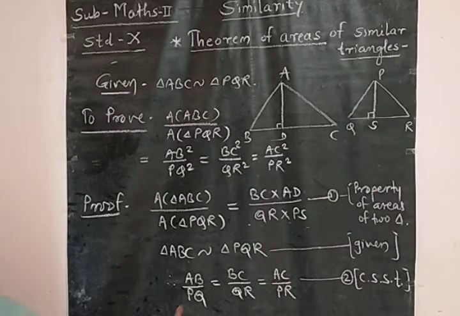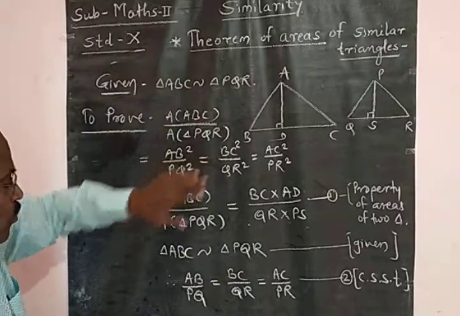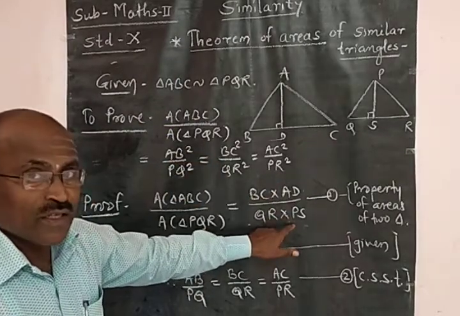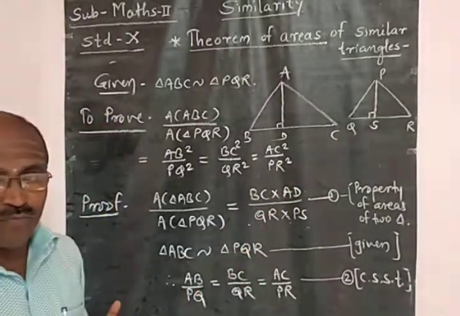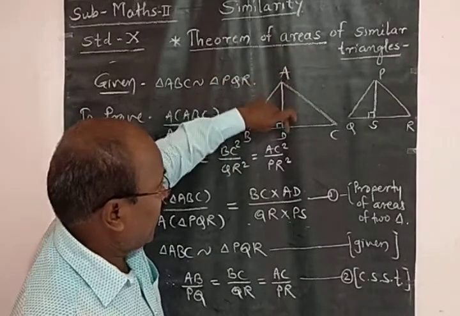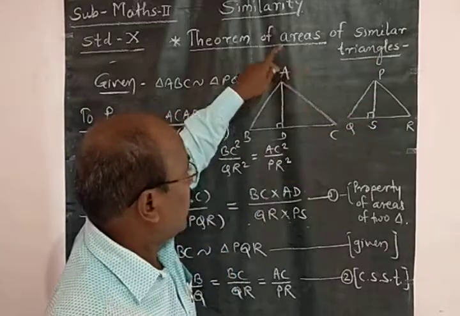Okay, it is statement 2. Then again we have to prove that AD upon PS equals BC upon QR. For that we have to prove that these two triangles ABD and PQS, or ACD